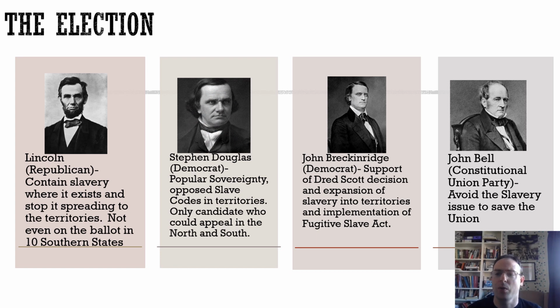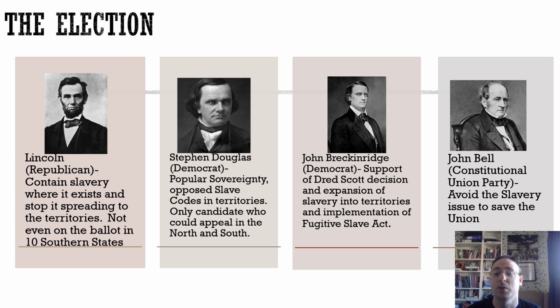And then we've got John Bell, who had a lot of sympathy amongst a lot of Americans at this point in time. Who's just going, right, let's put this issue of slavery to one side and let's concentrate on everything else. People have just been going on about this, and it is going to tear the country in half. So he is kind of a union vote. He wants to keep the union together.